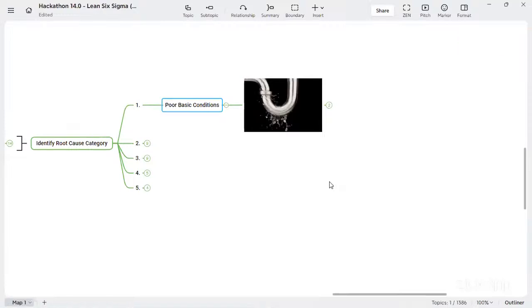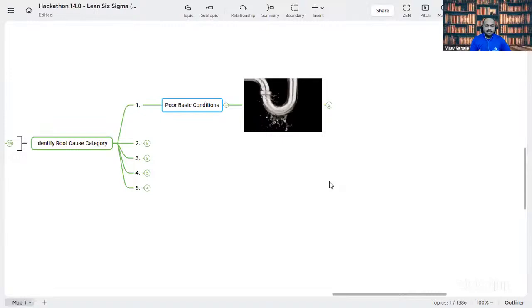If you go to the basic principles, let's say the 5S, or the world-class systems, we need to focus on the basic systems and basic conditions, like there should not be any leakages, right? If you find such problems, and because of that it results in our main problem or the major problem that we are going to work on, then our main problem is because of poor basic conditions, right?